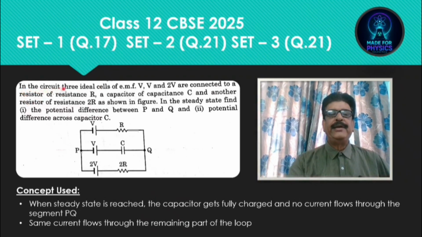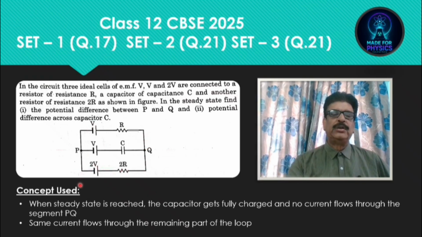In the circuit, 3 ideal cells of EMF V, V and 2V are connected to a resistor of resistance R, a capacitor of capacitance C and another resistor of resistance 2R as shown in the figure. In the steady state, find first the potential difference between point P and Q, and second the potential difference across the capacitor. So here you see in this figure, when steady